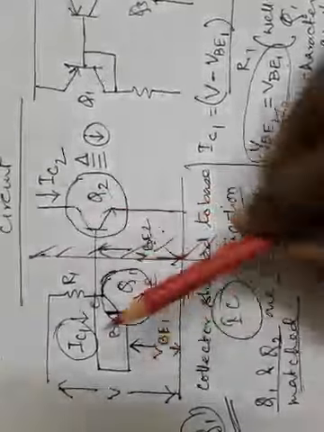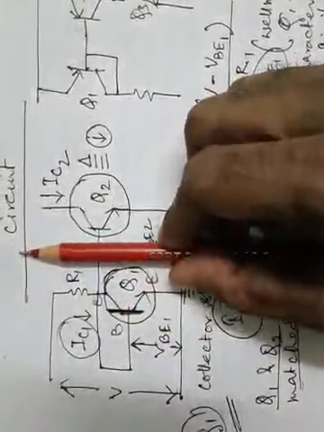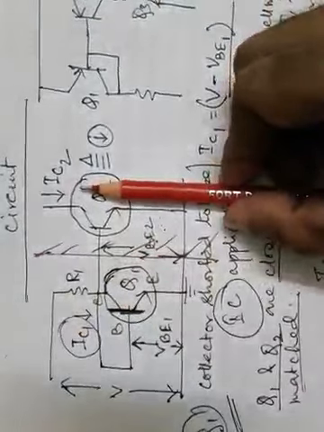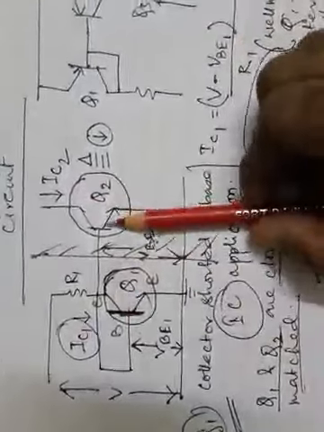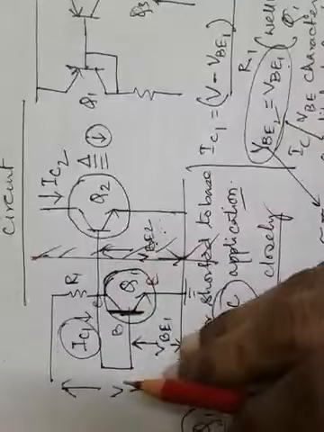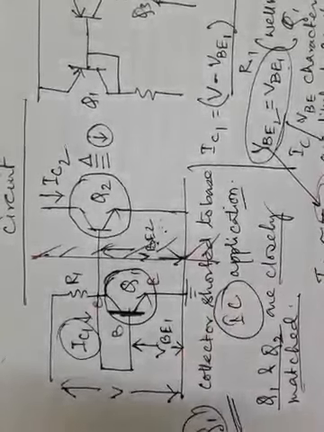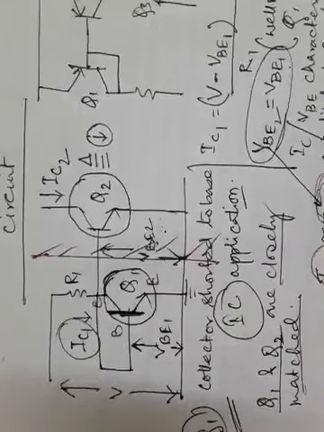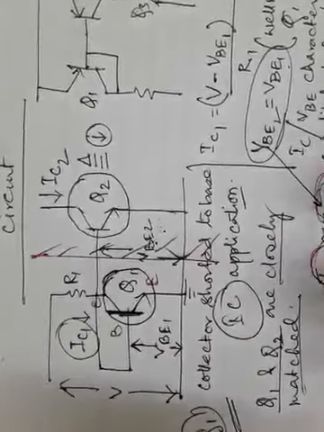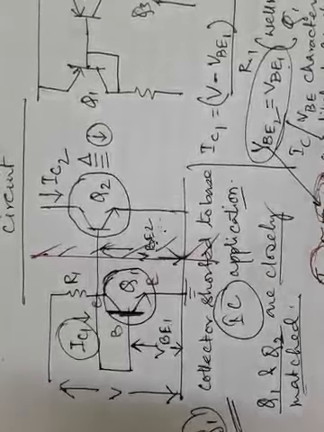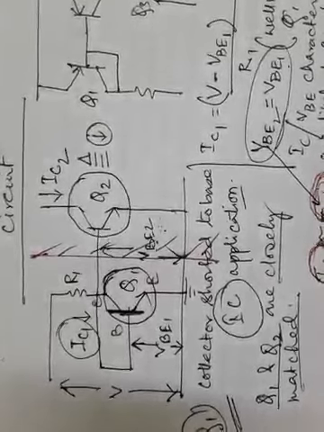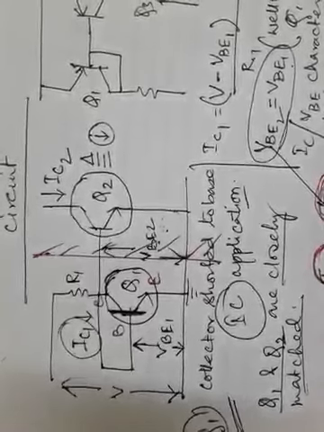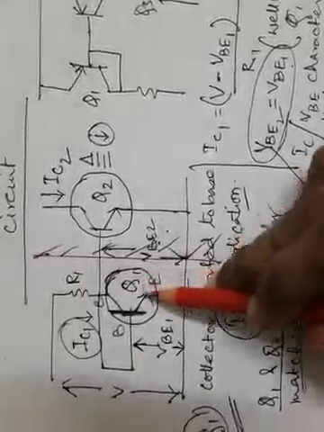So this interface will be acting like an optical mirror, and everything at the left is well matched with everything at the right. Therefore this circuit is called a current mirror circuit, because the current at the left side, which is IC1, is equal to the current at the right side, which is IC2. That means the currents at both sides are well matched and equal or similar.